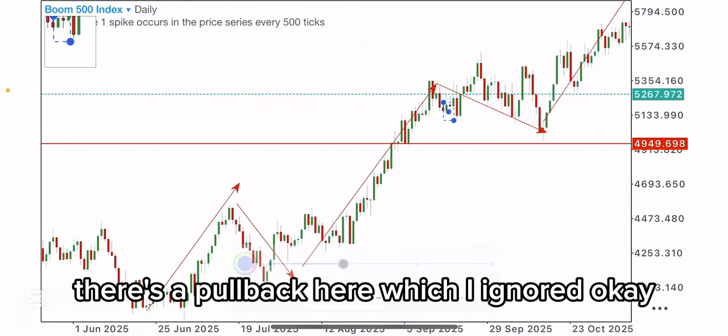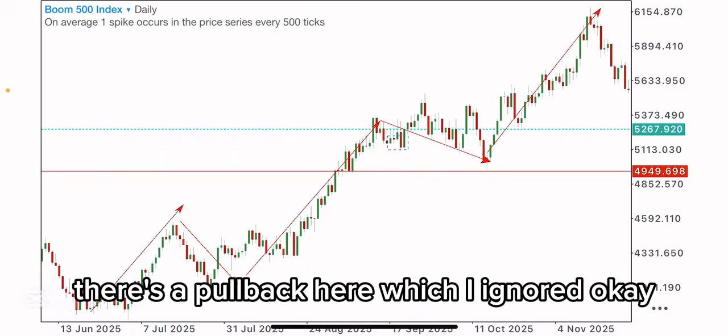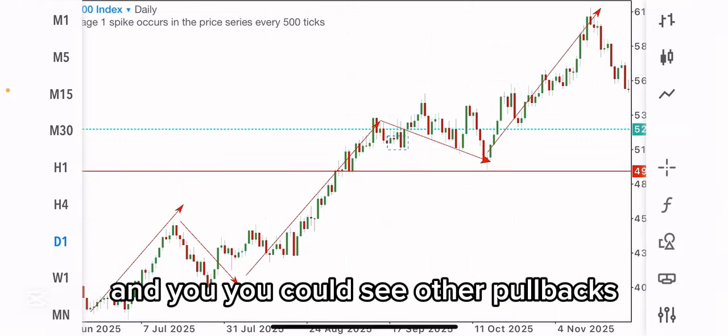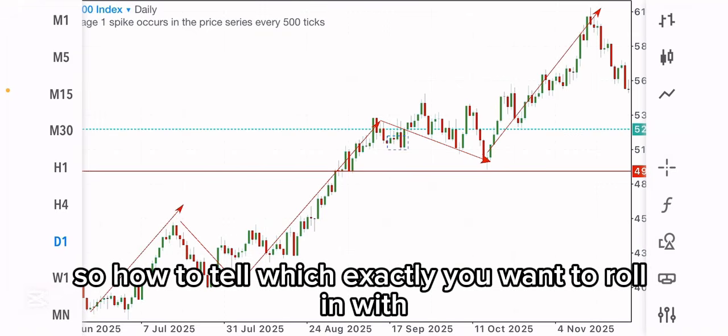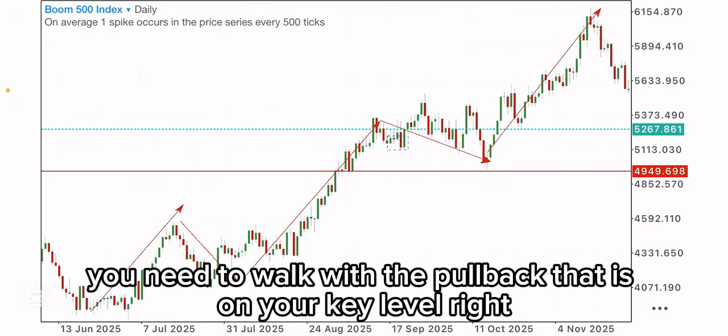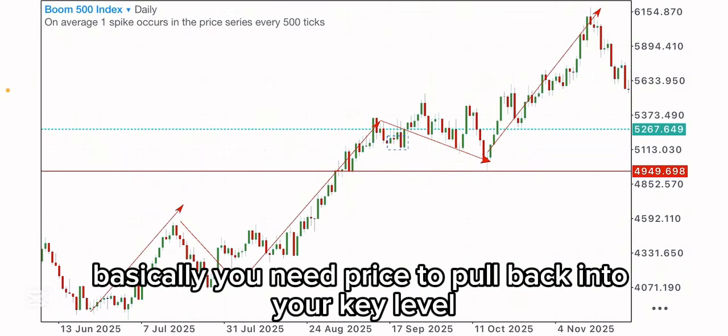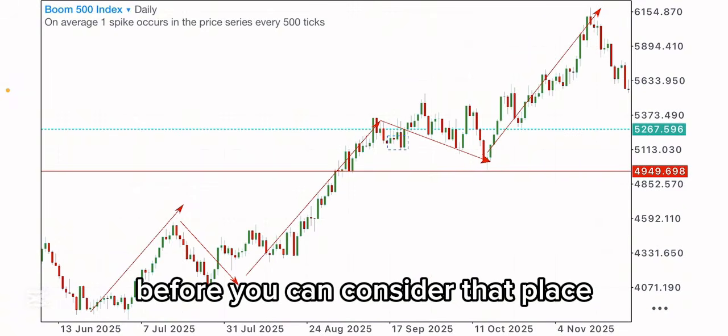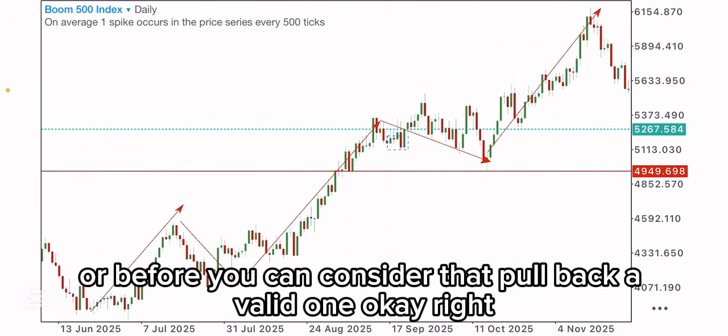There's a pullback here, which I ignored. Okay, and you could see other pullbacks. So how do you tell which exactly you want to roll in with? You need to work with the pullback that is on your key level, right? Basically, you need price to pull back into your key level before you can consider that pullback